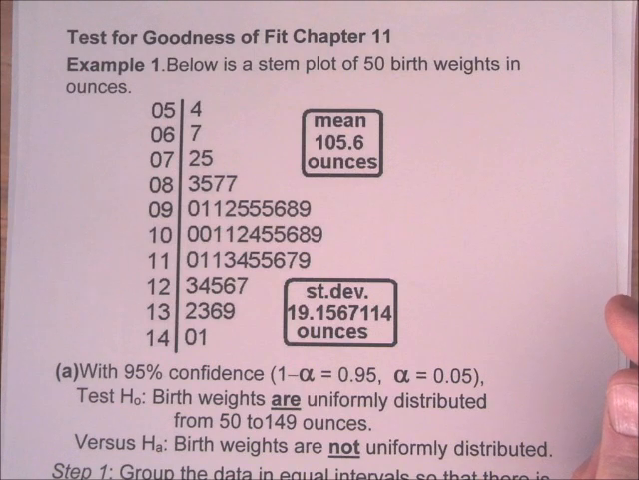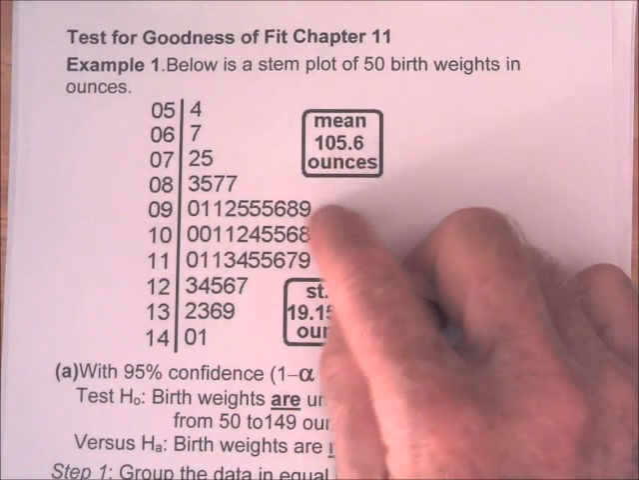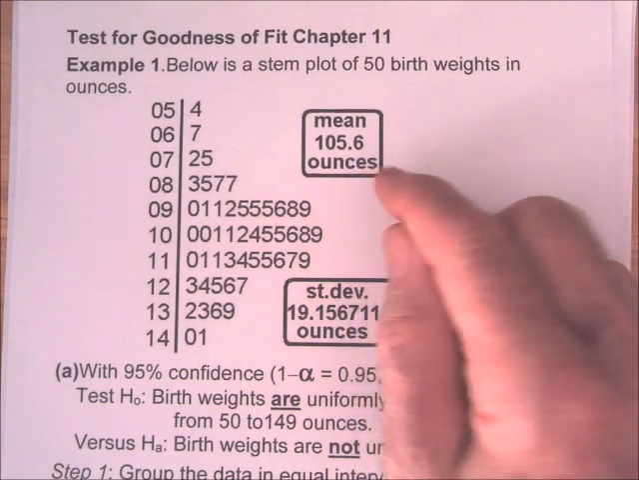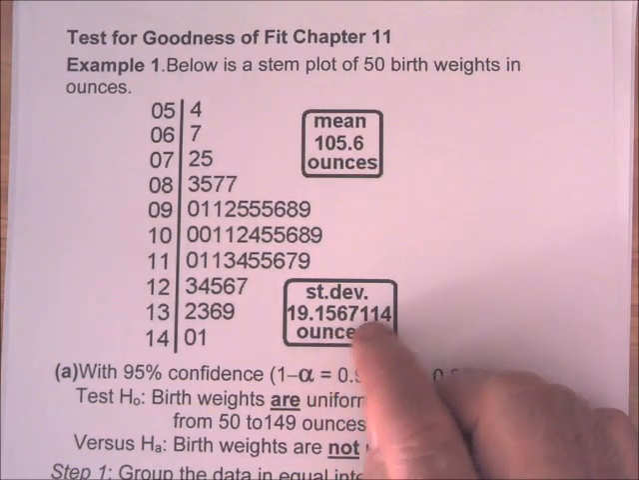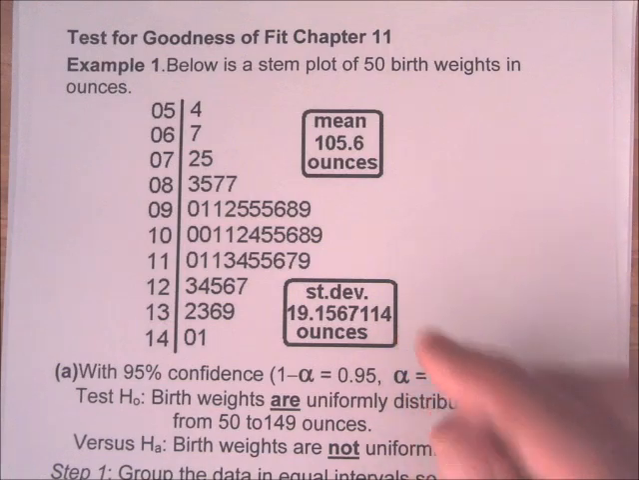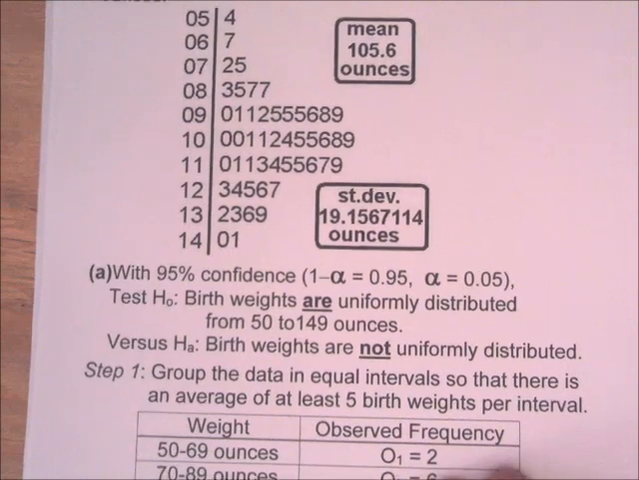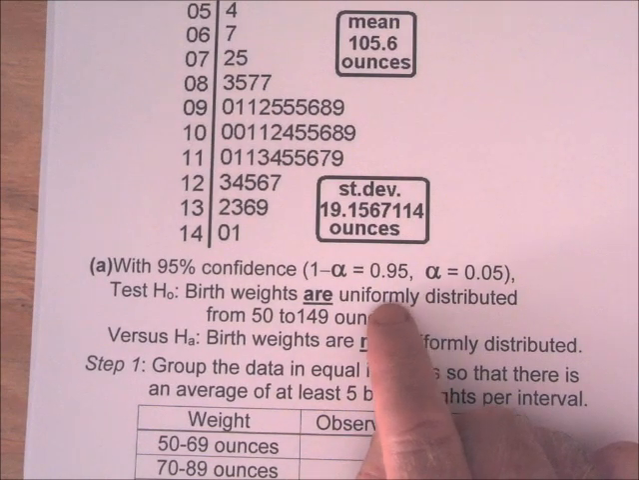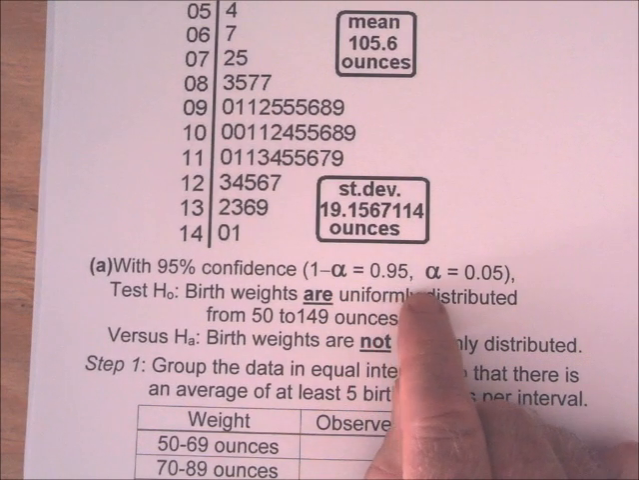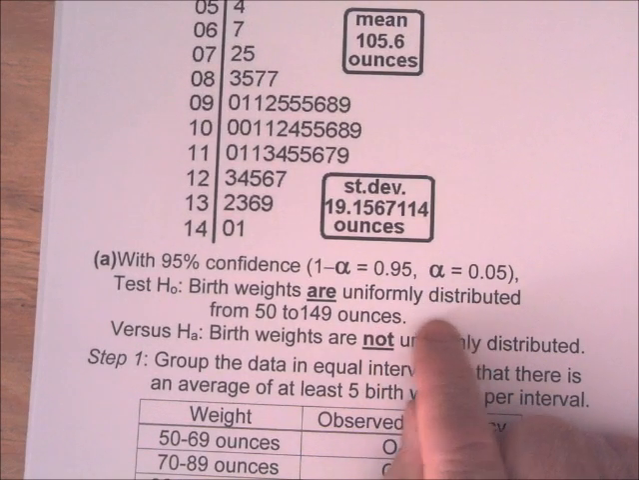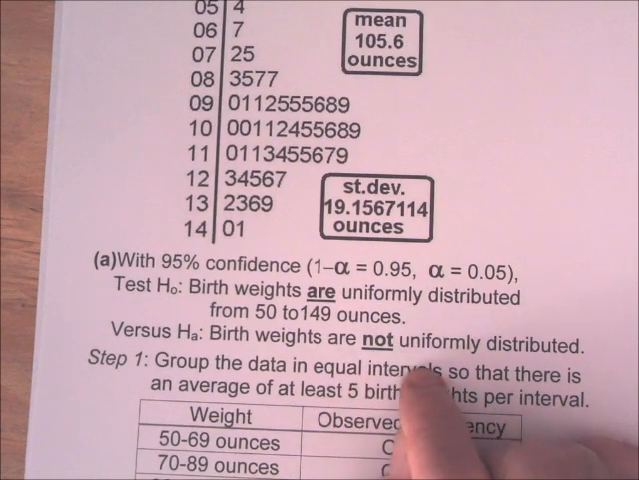If we compute the mean and standard deviation, we add up all these birth weights and get a mean of 105.6 ounces and a standard deviation of 19.15 some ounces. And we want to test a couple of hypotheses about this data with 95% confidence, and that means 1 minus alpha is 0.95, alpha is 0.05. We test H0, birth weights are uniformly distributed from 50 to 149 ounces,